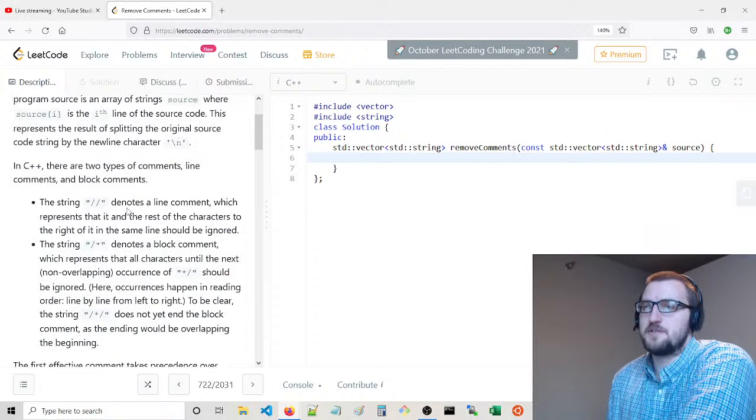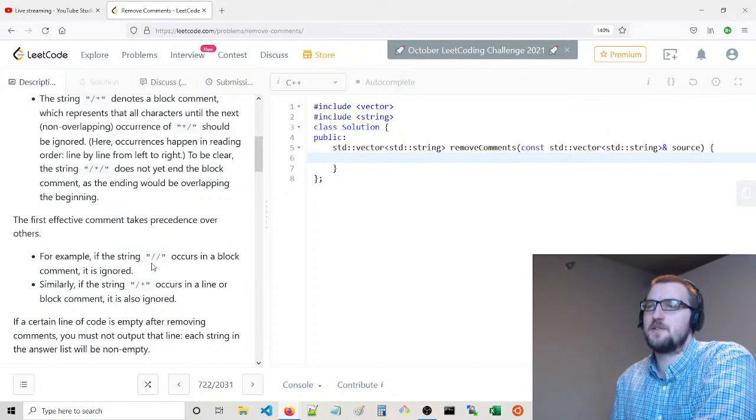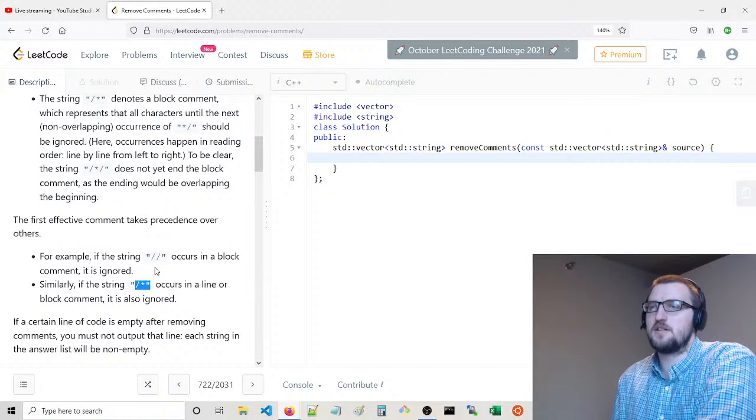Basically, I think you could still do this in two passes, but in the first pass you just need to be careful to see if there's a block comment that comes before it. If you're going right to left, the tricky thing is if you see this to the left of this one, then this will be ignored.